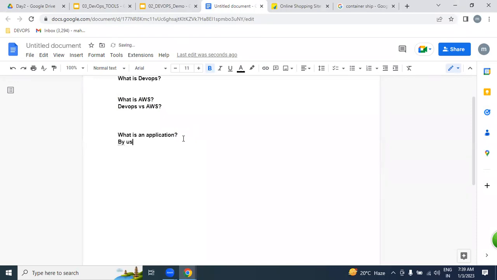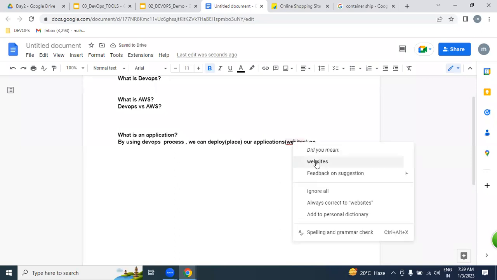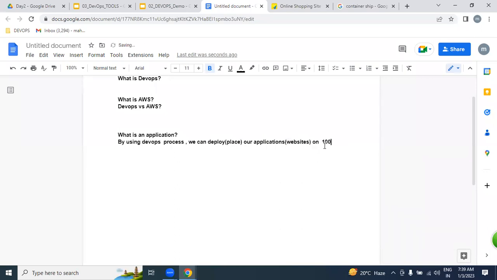By using the DevOps process, we can deploy our applications on hundreds of servers.